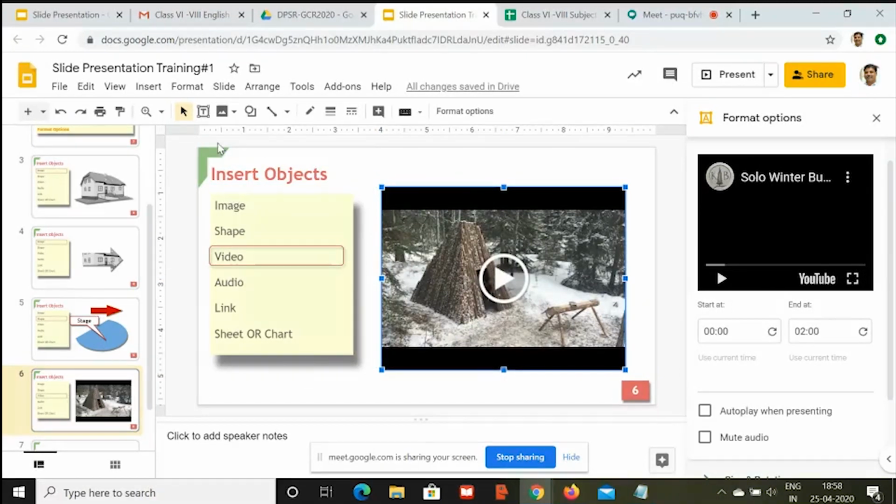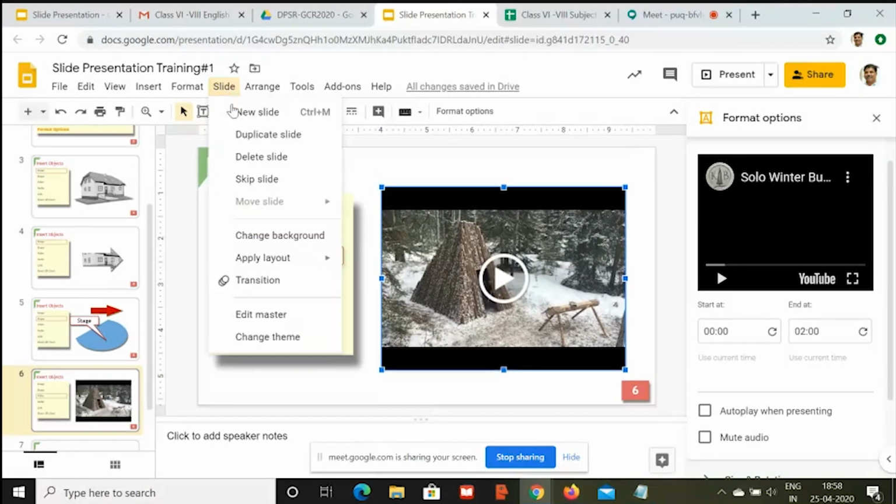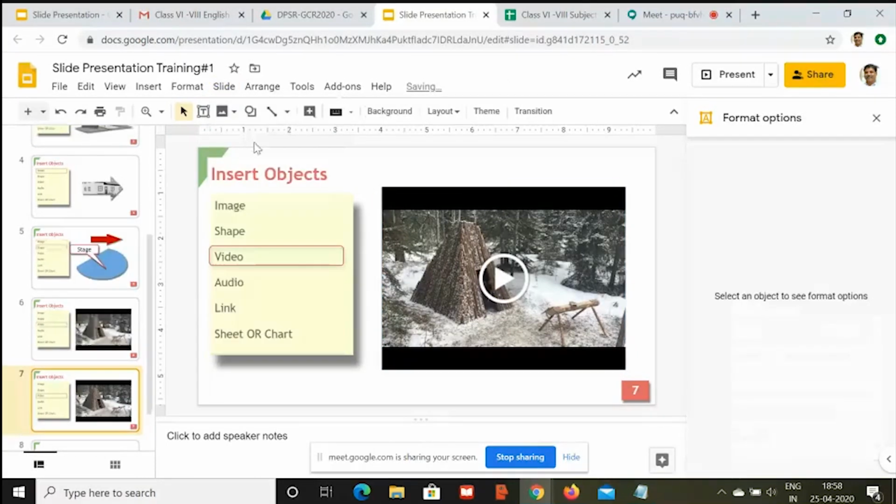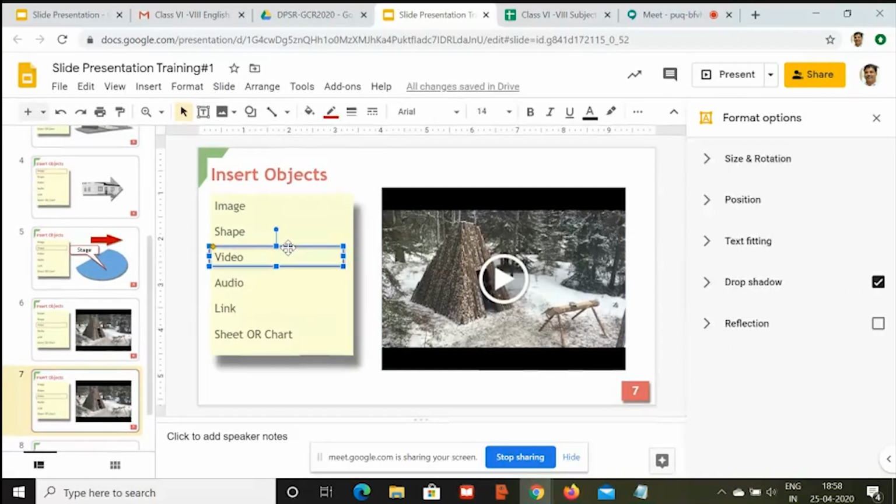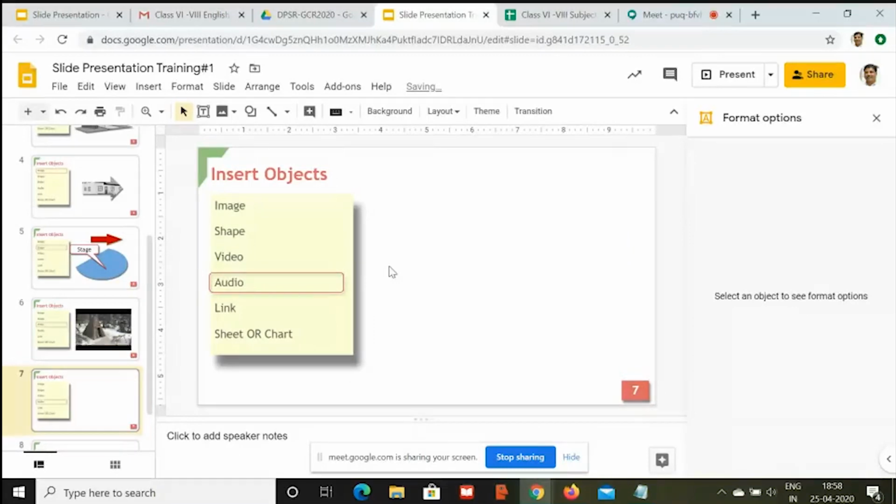Now we move to the next part. So we just duplicate this slide once again, and then now we move this pointer to audio and remove this video from here. So in my earlier slide, we have the video, and in this slide, we'll be talking about audio only. Suppose you have some voice of tiger or lion, integral part of your content. At any point of time you want to play that, or you have your own voice which is already recorded in a different rhythm.